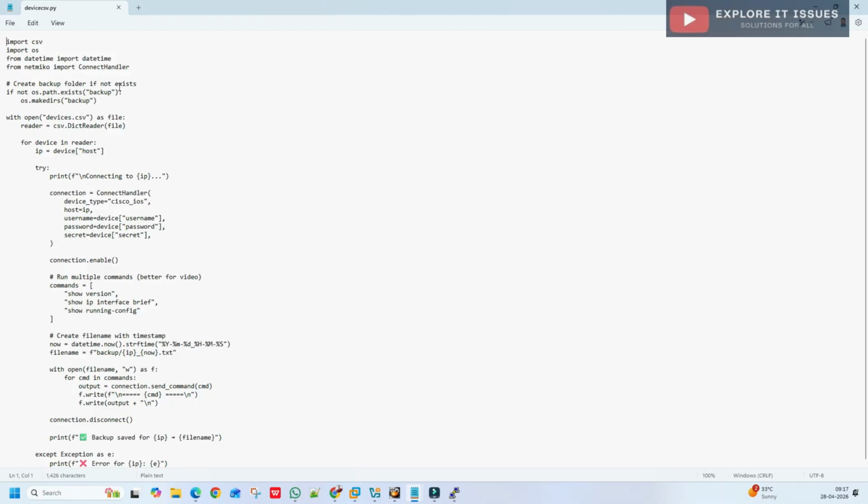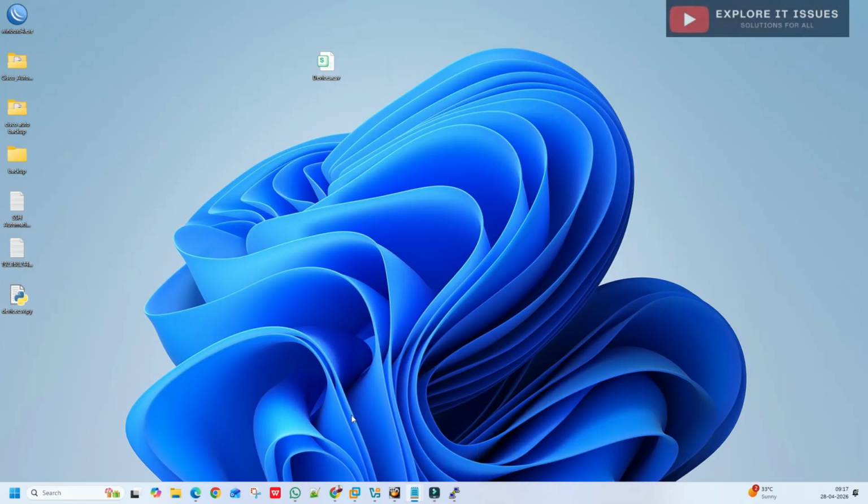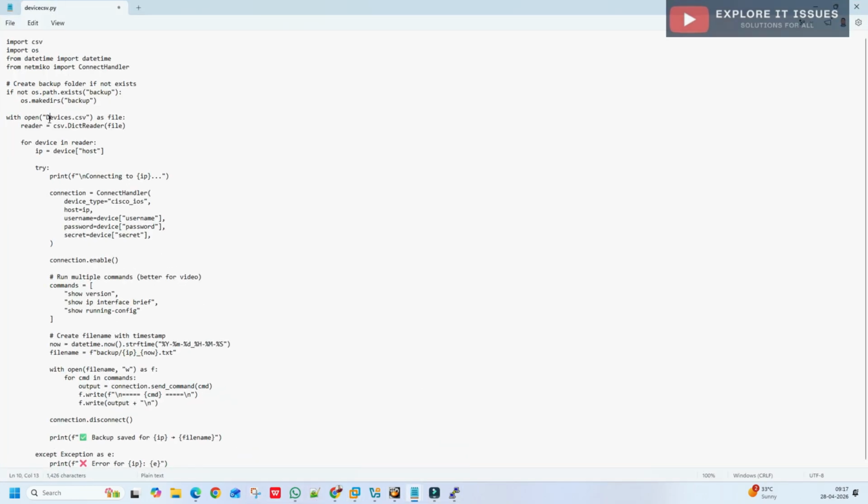Create a backup folder if it does not exist: if not os.path.exists backup, os.makedirs backup. Then with open devices. I used a capital D because my file name has a capital D, so I changed it in the code from small to capital. Then we print this information like cisco_ios, username, password, secret and IP. The hostname is the IP here.